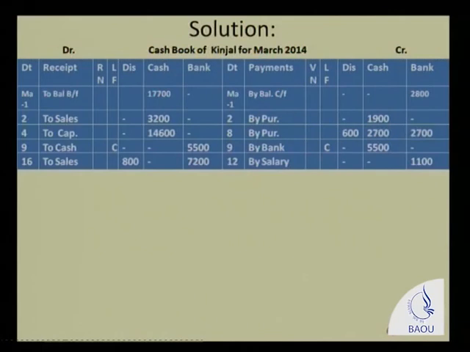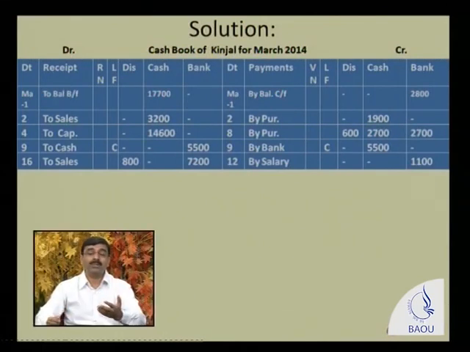It is a receipts item. Why? Because we are selling the goods. So when we are selling the goods and the amount has been received through check, bank is a receiver. We deposited a check in a bank. So who is a receiver? Bank is a receiver. So bank account is debited 7,200.